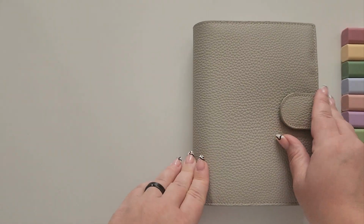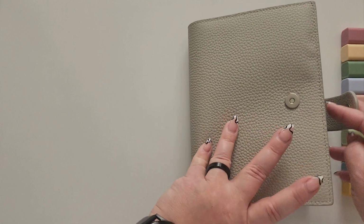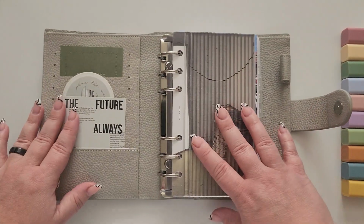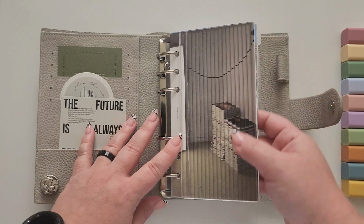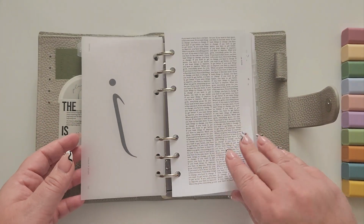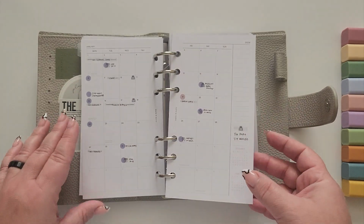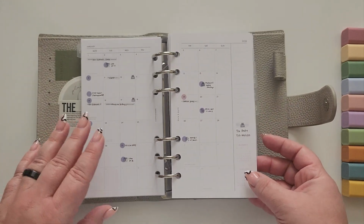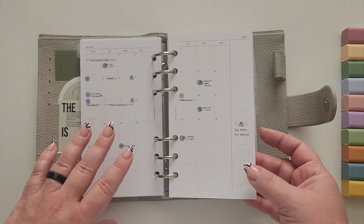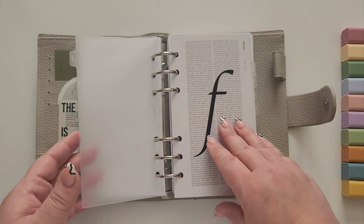Another planner first that happened in March was personal rings. This is a story. This is my personal ring setup that I had in March, and I am a creature of habit when it comes to backdating. So I'm going to flip through this while I talk. I backdated to January so I could test the ghosting on the paper. If you're not familiar, Cloth and Paper inserts do not have ghosting. It's lovely paper. So this is from Cloth and Paper,